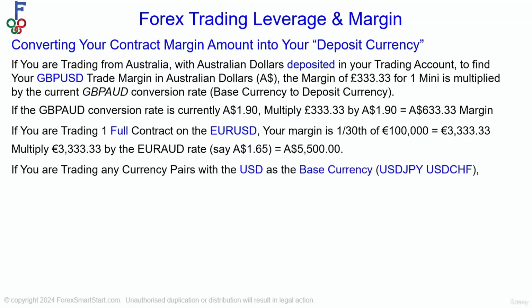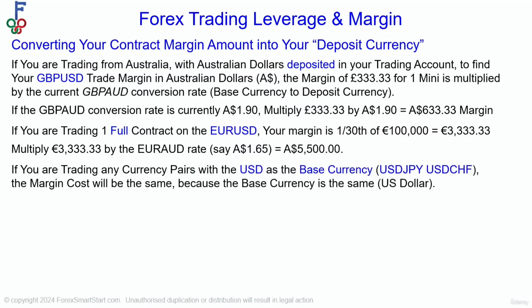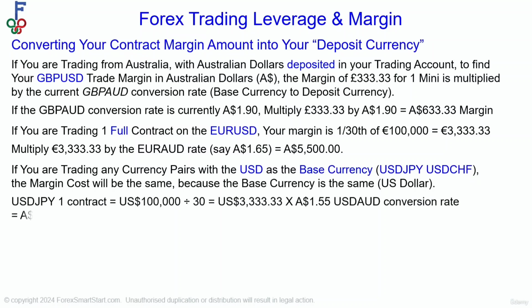If you're trading any currency pairs with the US dollar as the base currency, either USD JPY or USD CHF, the margin cost will be the same because the base currency is the same, which is the US dollar. As an example, USD JPY one contract is US $100,000. Divide by 30 equals 3,333.33 US dollars. Multiplying by the Australian exchange rate of $1.55 USD AUD conversion rate, you'll see that your margin would be